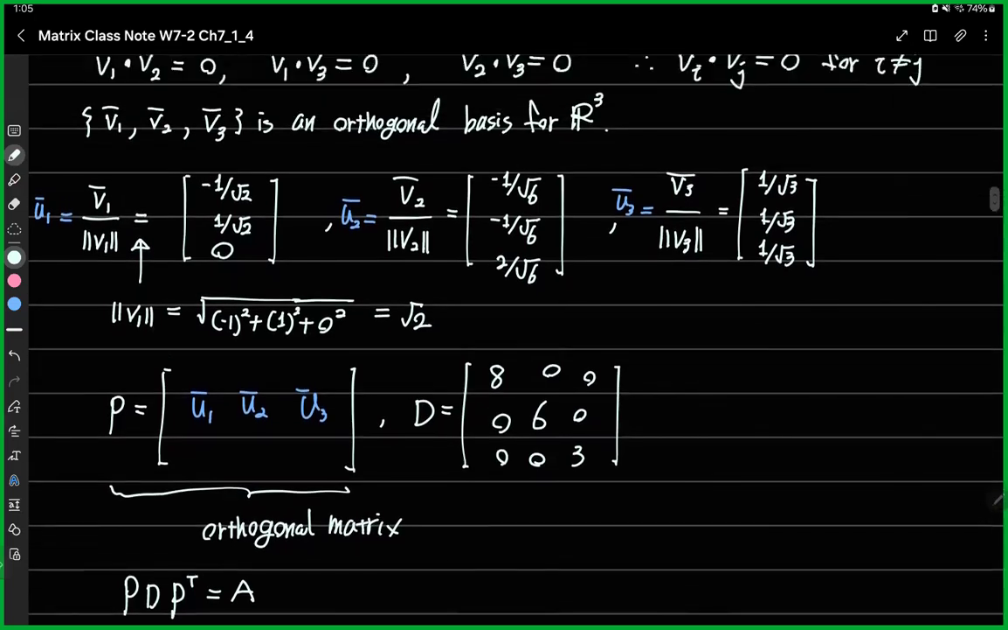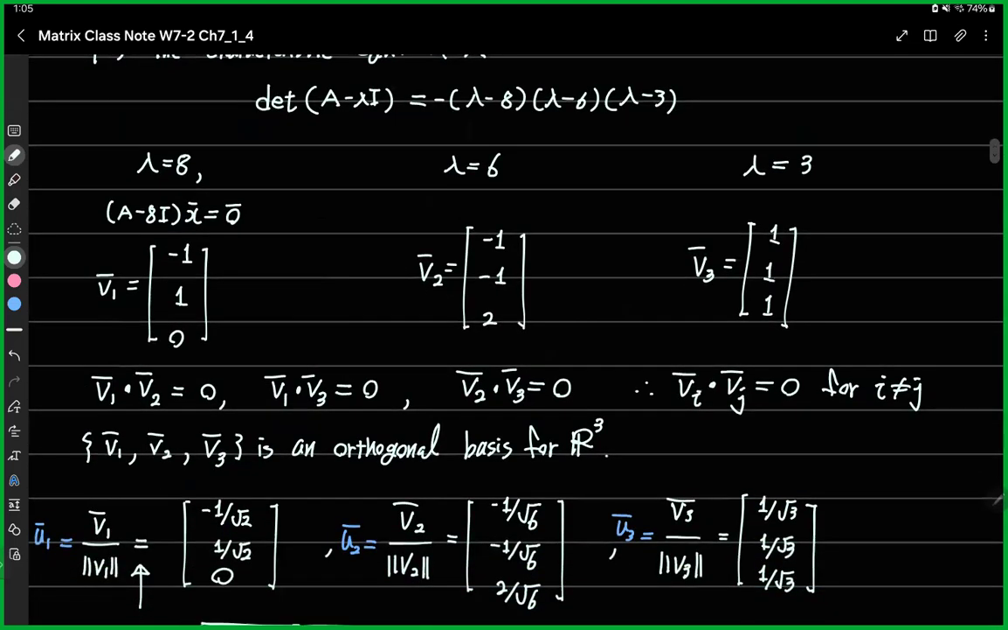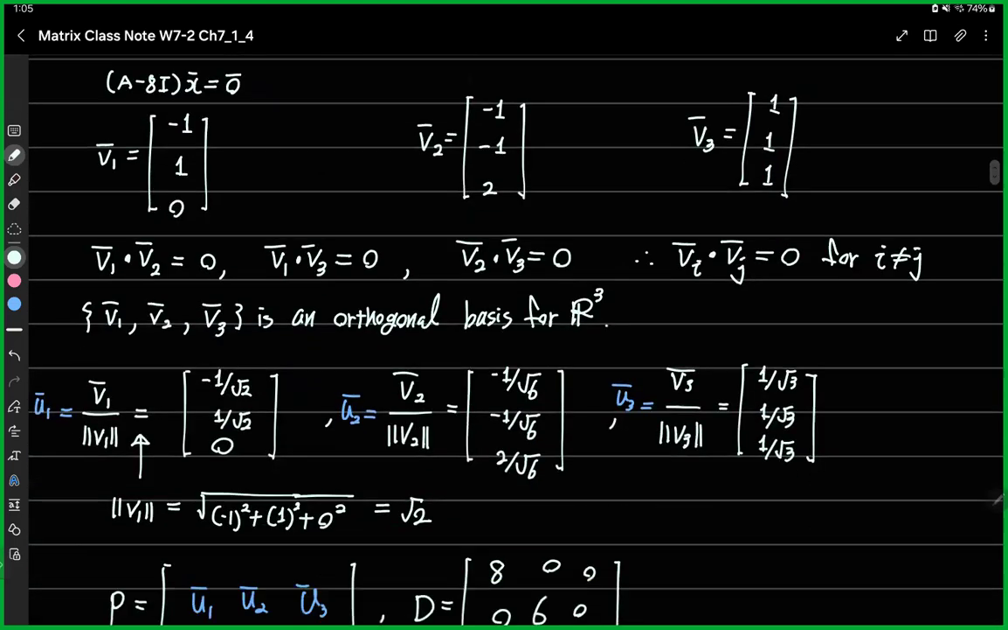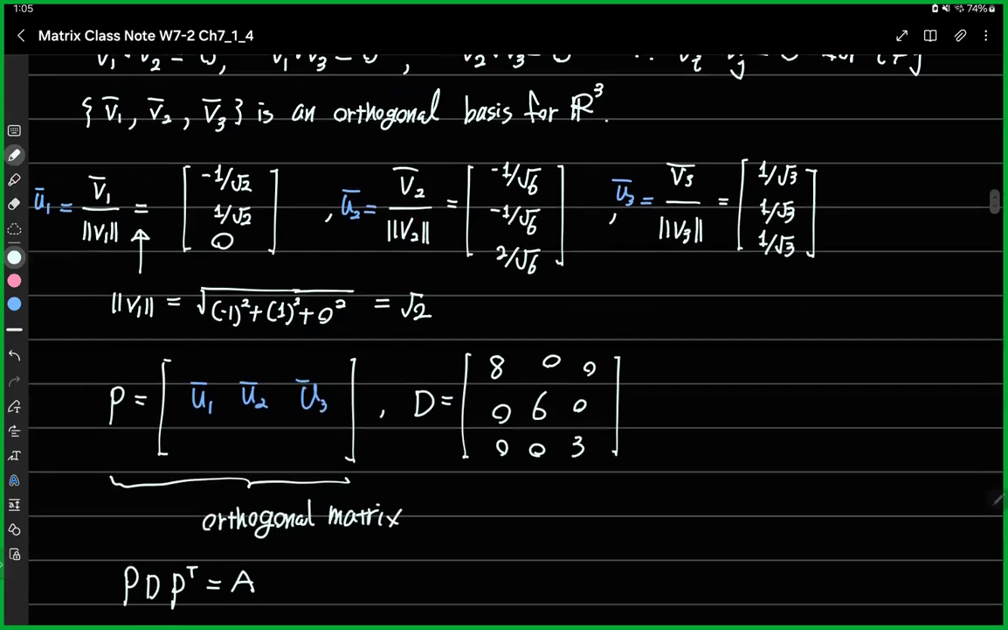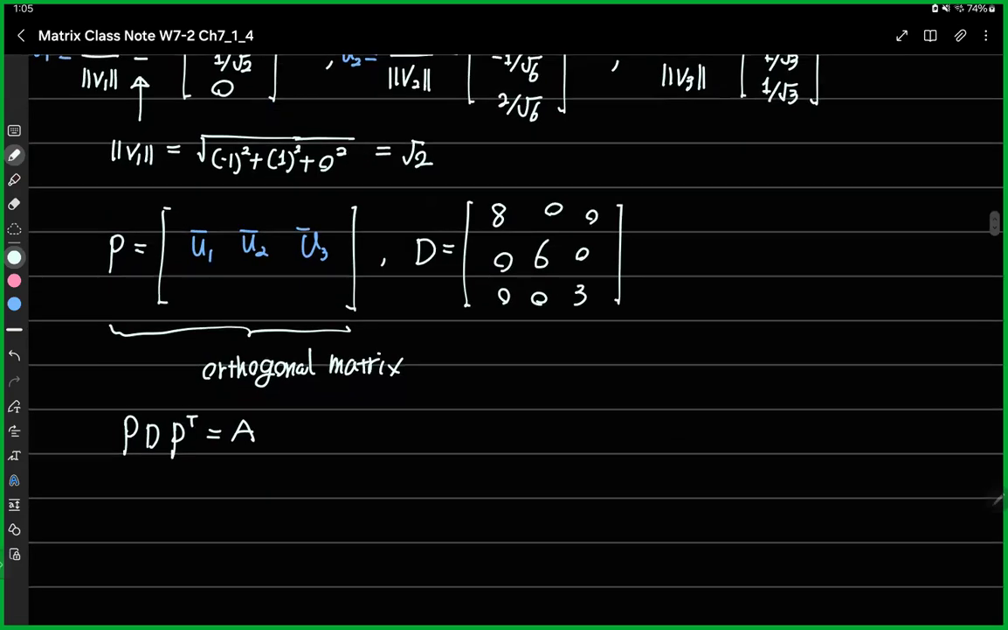So for a given symmetric matrix, just find the eigenvalues and the corresponding eigenvectors, then construct the orthogonal matrix using eigenvectors, and then construct the diagonal matrix using eigenvalues. Okay, then PDP inverse will return exactly the same matrix, the A. Okay, so which means that